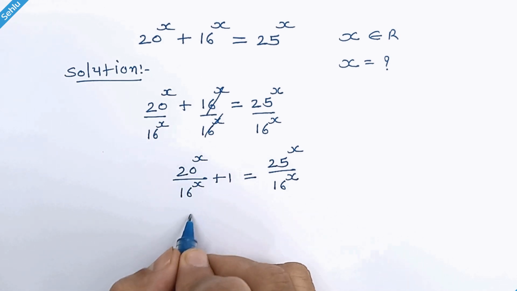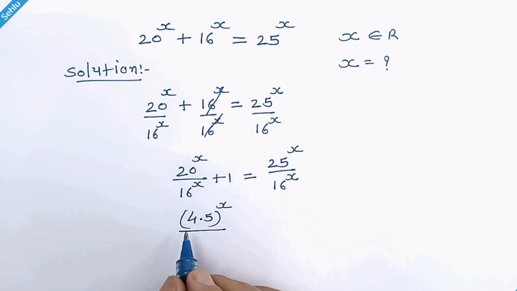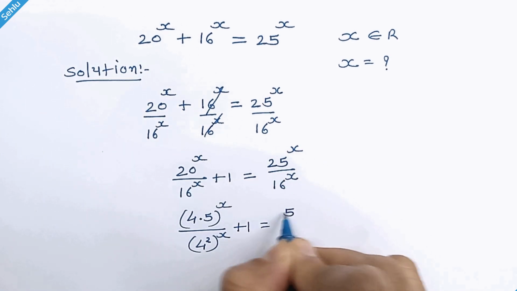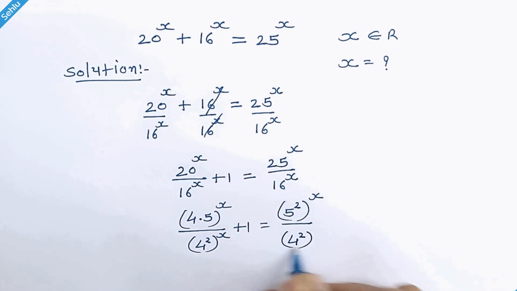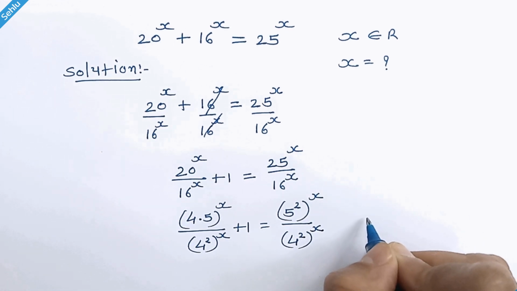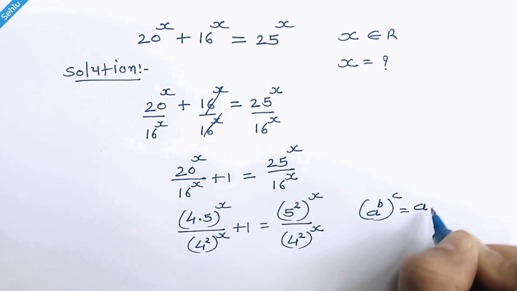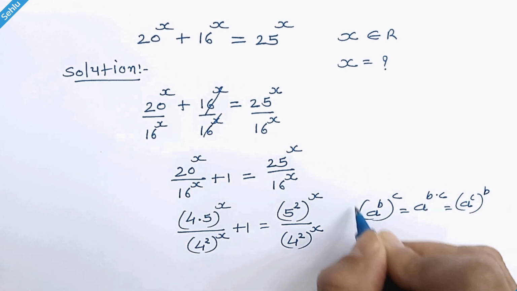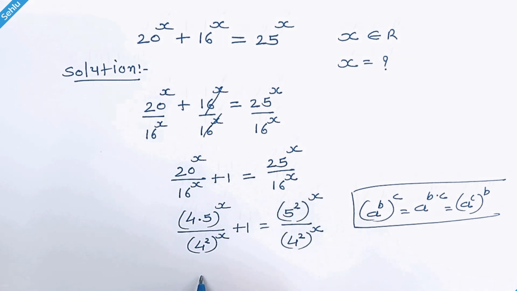Now 20 can be written as 4 times 5 whole raised to x over 16 is 4 square. So we can write 4 square whole raised to x plus 1 is equal to 25 is 5 square whole raised to x over 4 square whole raised to x. Now as per the rule, when we have a raised to b whole raised to c, then it can be a raised to b times c and a raised to c whole raised to b. In this manner, this and this part can be written as